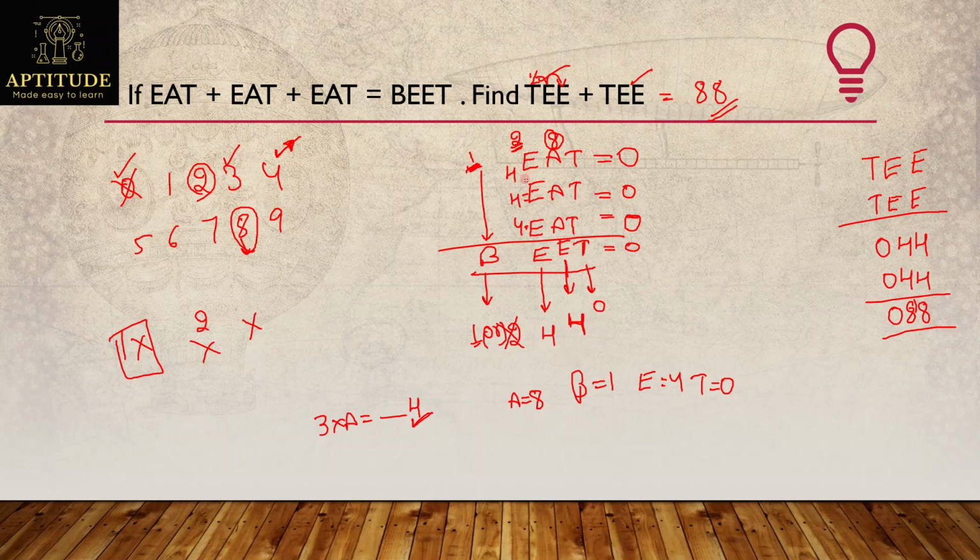So whenever I'm adding 3 different digits, be very careful. Don't always take 1 as a carryover. It may be 1 or else 2 also. Why? Because I'm adding 3 digits here. So whenever you get this type of problems, just be very careful. Try to think a while and then answer.